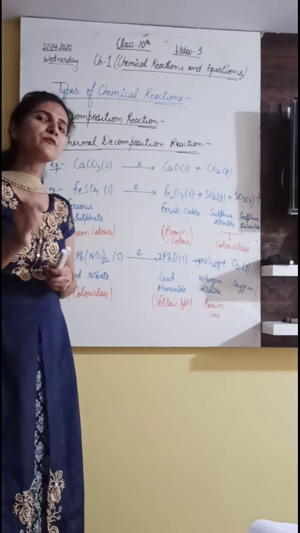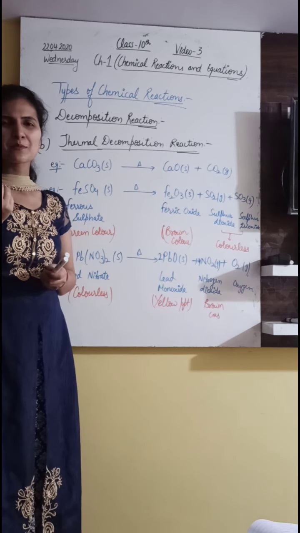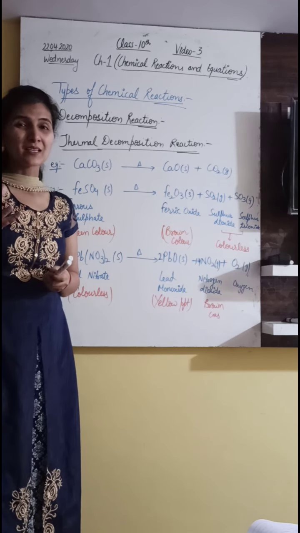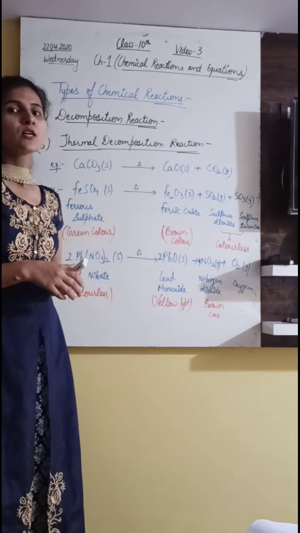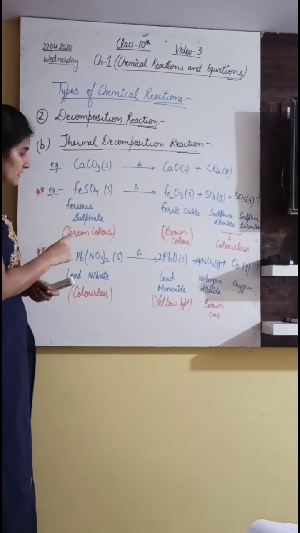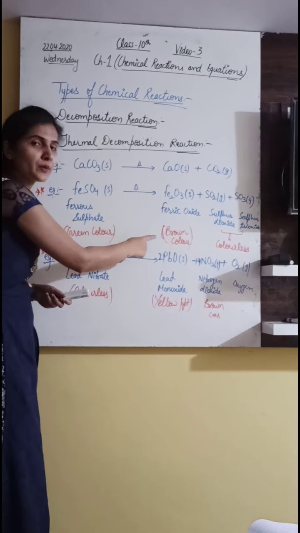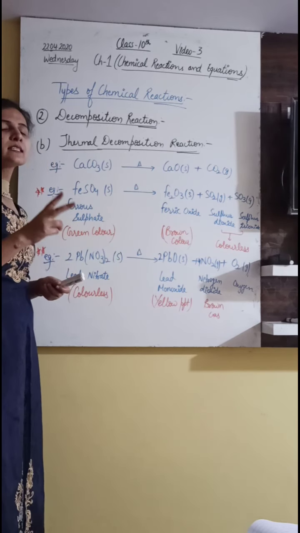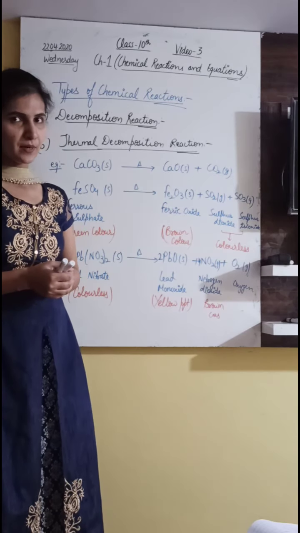Actually, we will not see efflorescence in this case. Here we will observe a rotten egg-like smell, like a sewerage smell. A very bad smell will come in this particular reaction. So these are the observations we will observe. First observation is this green color will turn into brown color. Second thing is gases will evolve which have a rotten egg-like smell.